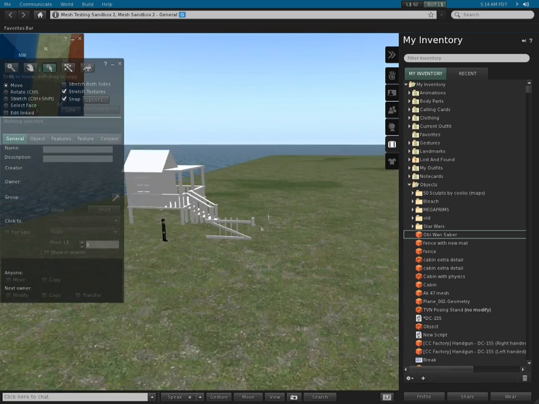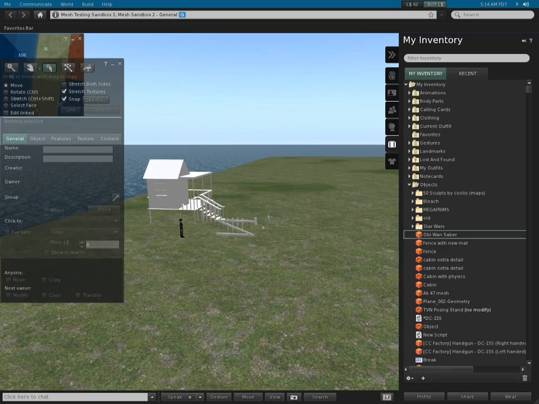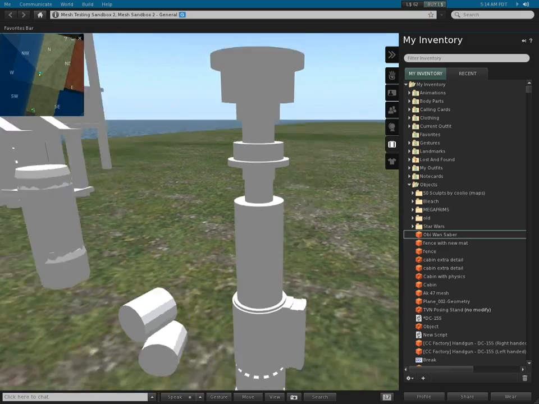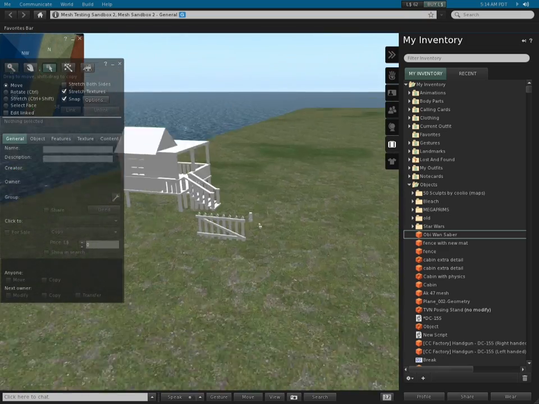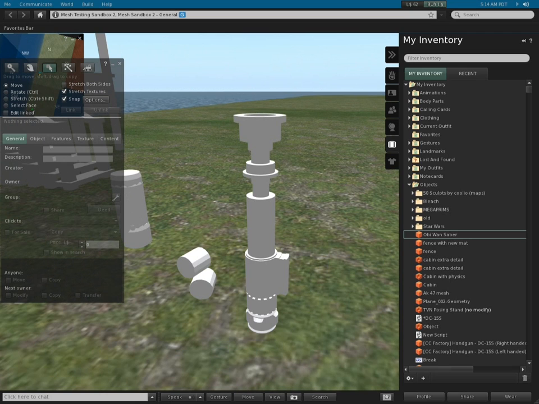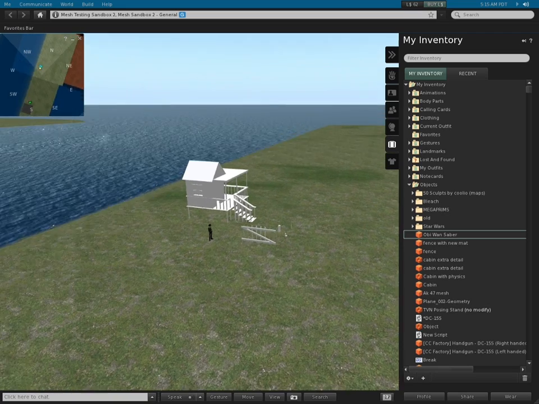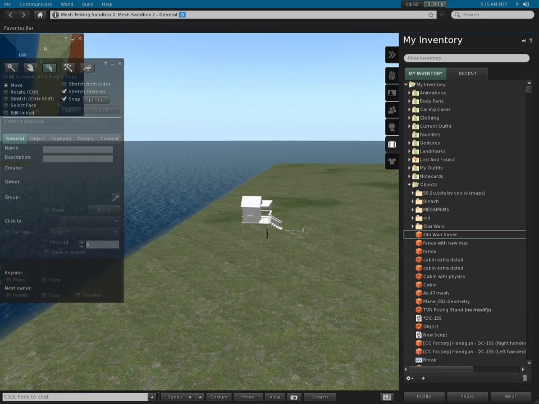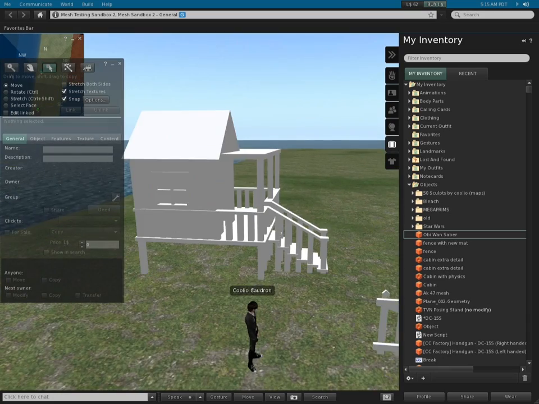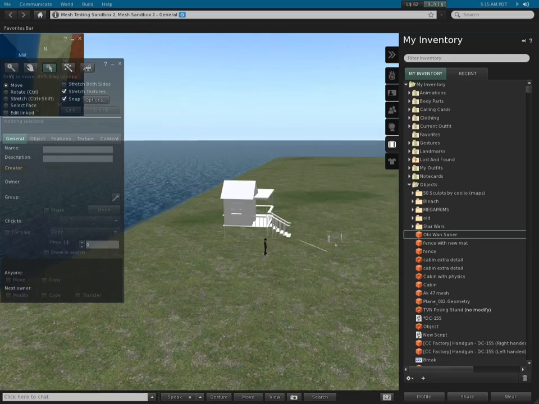Of course, just like with anything else, if I zoom out, it loses its quality, but hey, I'm not too bothered by that. It's just a saber, and if I was really wanting to upload this, I'd probably make it so that the medium level of detail and so on actually look like a solid object, and that wouldn't lose too much detail. See, I tried to do that with this house, so it doesn't lose much detail. To be honest, as you zoom out, I don't think you'd really see these column bits. These are like the only bits which